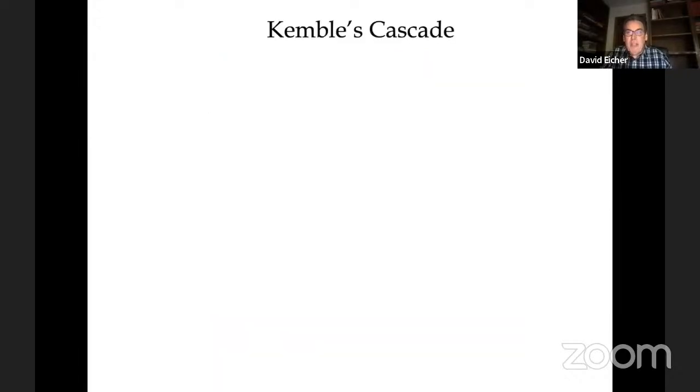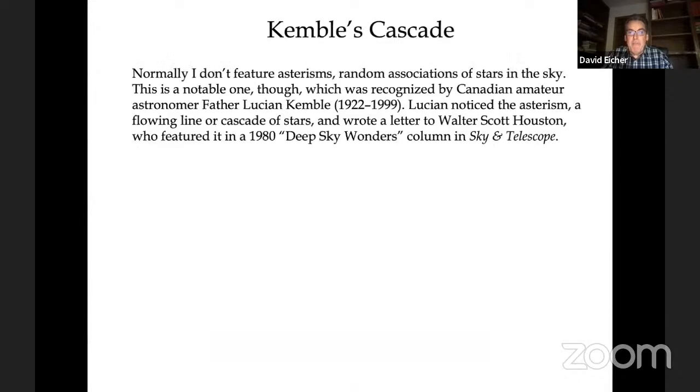But for the moment here, we will talk about Father Lucian J. Kemble, who was around back in the early days in the 1970s and 80s. He was an early subscriber to Deep Sky Monthly, my little amateur publication. And he noticed some asterisms around in the sky, and he wrote the famous columnist, who was a friend of mine and a good friend of David's, Walter Scott Houston, who of course wrote his famous column for many years,